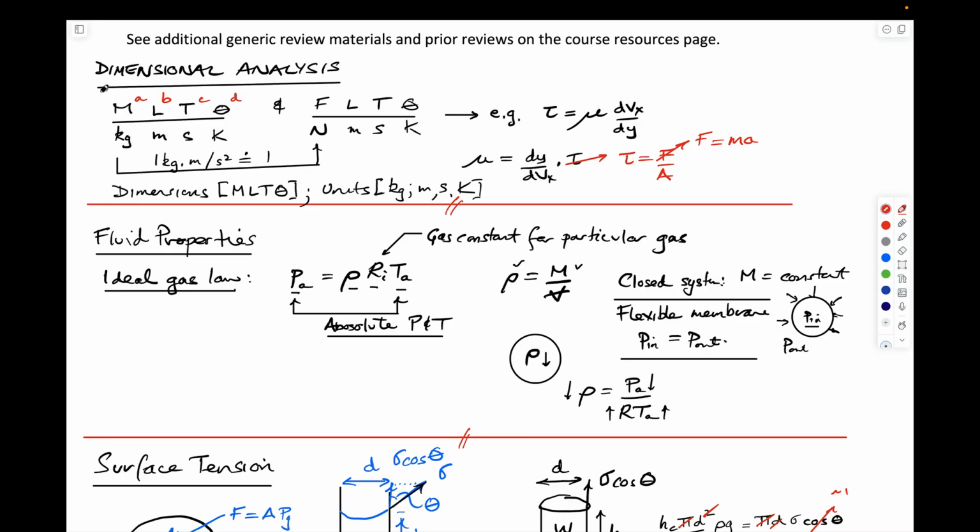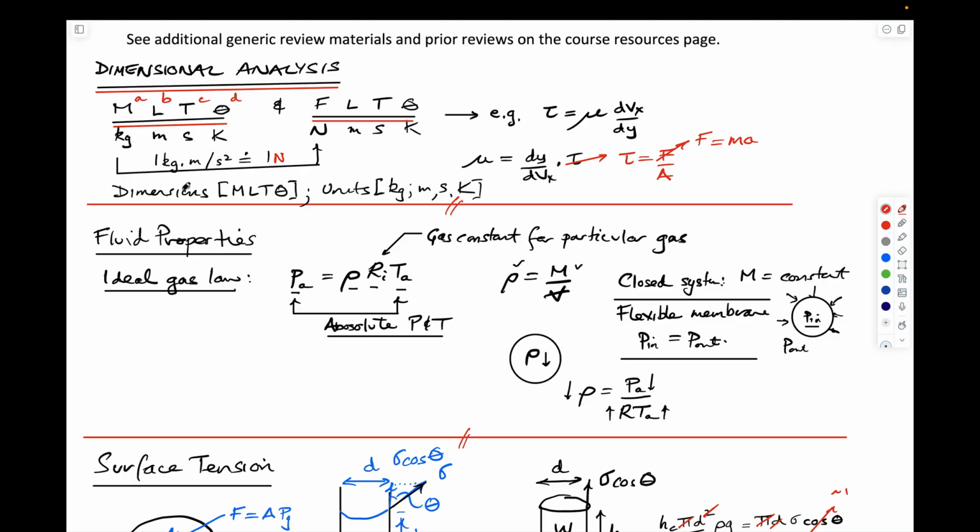Dimensional analysis, we work in terms of both dimensions and units. The dimensions that we use are typically mass, length, and time, and temperature, if temperature exists. And the alternative way of doing it is in force, length, and time. Those are the dimensions. If we want to link the mass and the force, length, and time systems, we note that 1 Newton is equal to 1 kilogram meter per second squared by definition. It's the force needed to give 1 kilogram an acceleration of 1